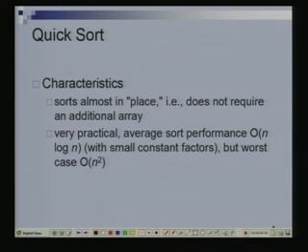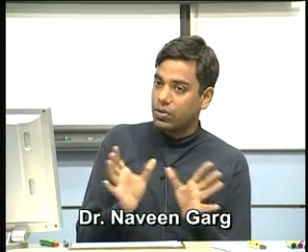In practice it is very fast with very small constants. Another property of this algorithm is that it is an in place sorting algorithm. What is an in place sorting algorithm? An algorithm is called in place if you do not require any additional memory to do the sorting. We will assume that the n numbers are given in an array, and we will not need any additional memory, maybe memory for one or two more variables. That is typically a good thing to have, because space is at a premium, especially when you are trying to sort a large collection of numbers.